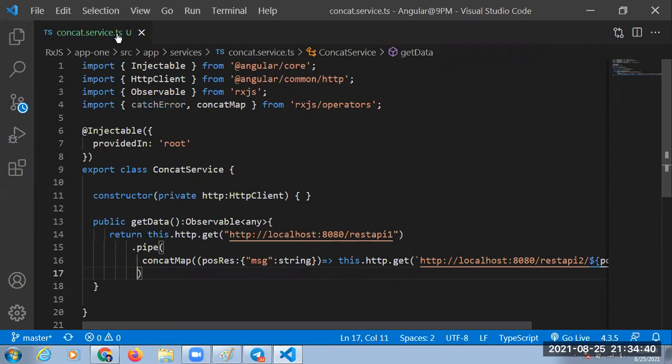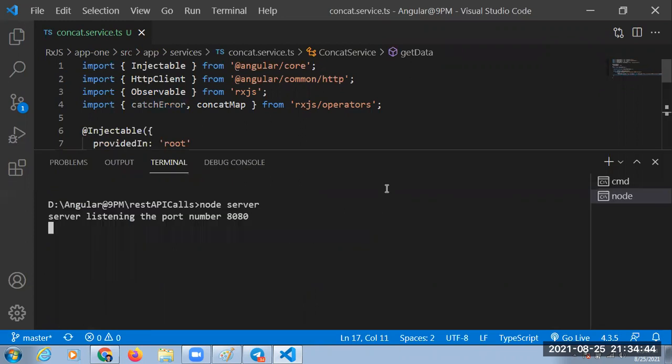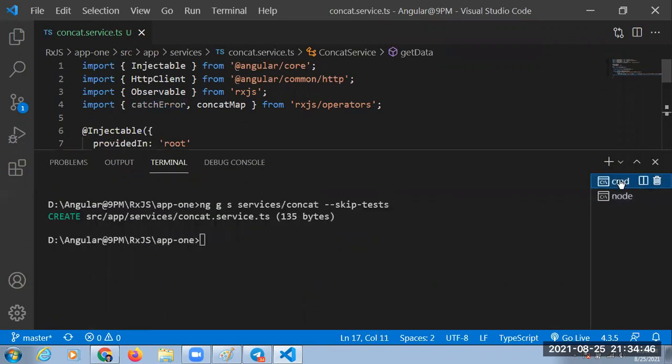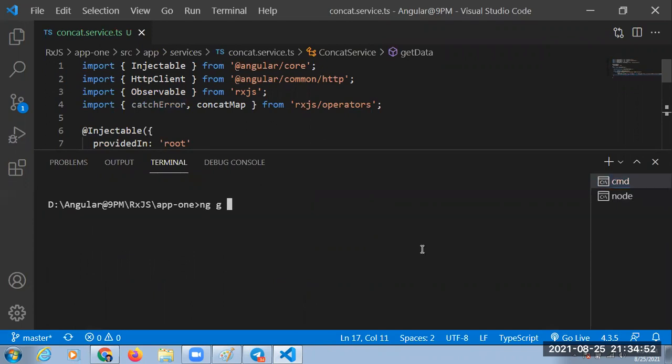Fine. Next one, guys. How to create the component? ng g c components slash, which one here? Concat map component.